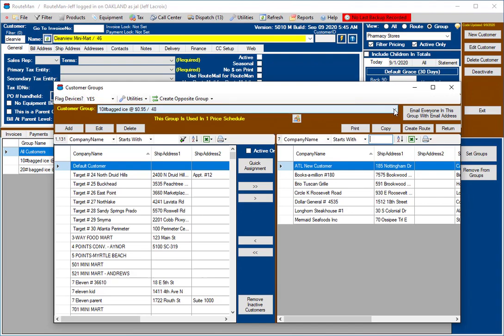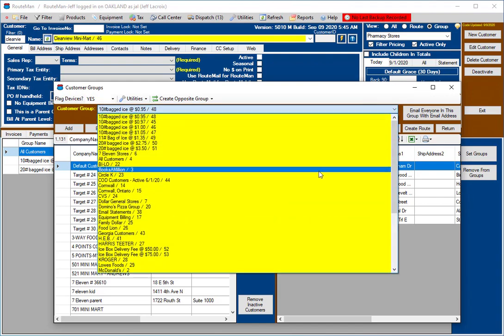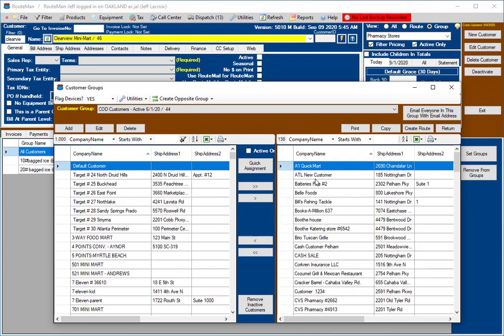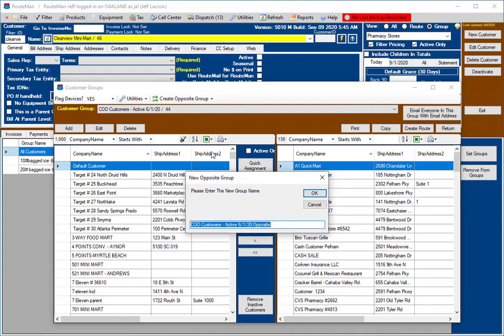And what you can do is choose any group. Let's use this one for this particular example. Okay, COD customers active. Okay, I have 138 customers that are in this group. If I create the opposite group, I can choose either active customers only or to include, let's say, include inactive customers. Okay, that should give me 1,000 in the opposite group. And when I do that,